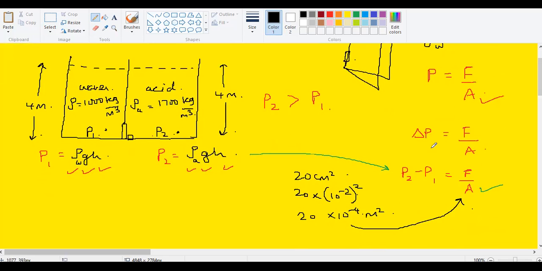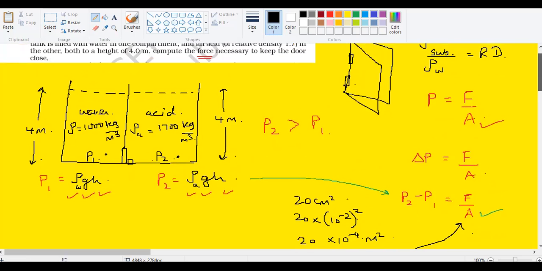Then multiply by the area, you'll get the force. Very simple. Okay. So the numbers, mathematics, I'm not going to do it. If you have any questions in the concept, you can ask me. If you expect me to do the subtraction, multiplication, division, then you are in the wrong class. So take down the concepts, then try it, check your book answer. If you are not getting it, obviously I can help you.